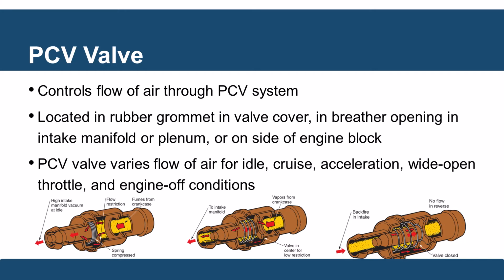This PCV valve controls flow of the air through the PCV system. It's located usually in a rubber grommet in the valve cover, in the breather opening in the intake manifold or plenum, depending on the vehicle, or sometimes in the side of the engine block. Now, the PCV valve varies flow of air for idle, cruise, acceleration, wide open throttle, and